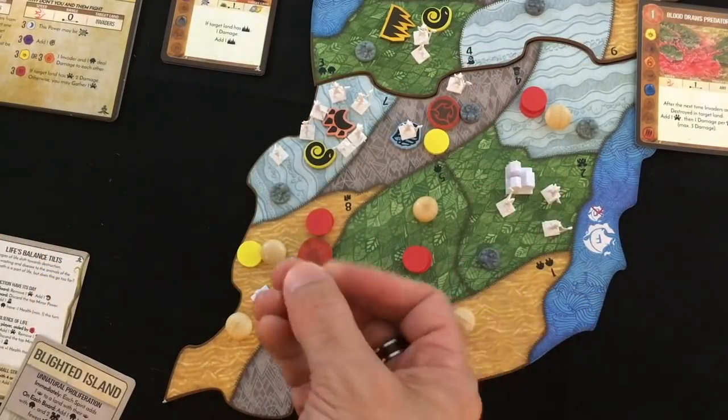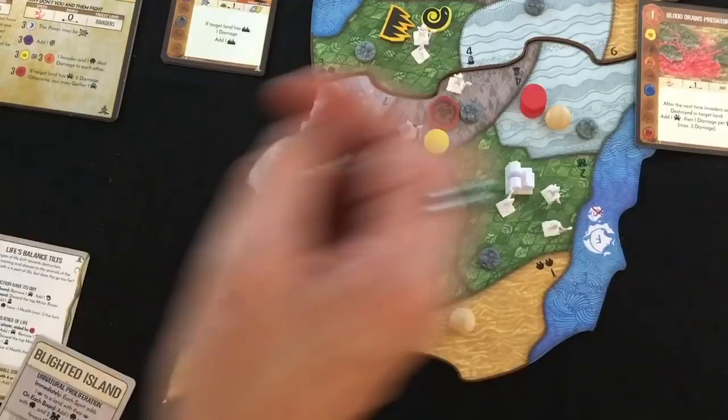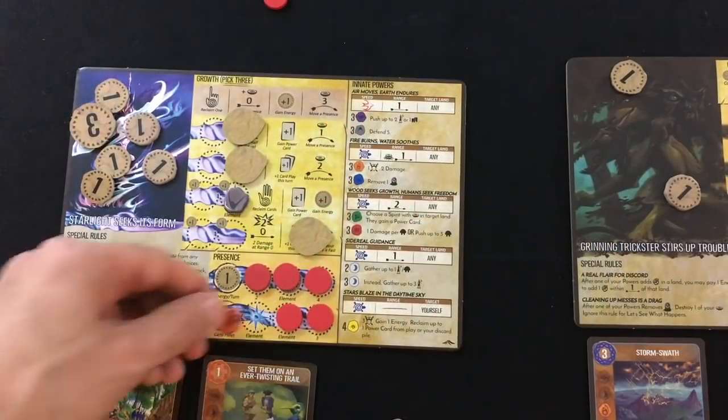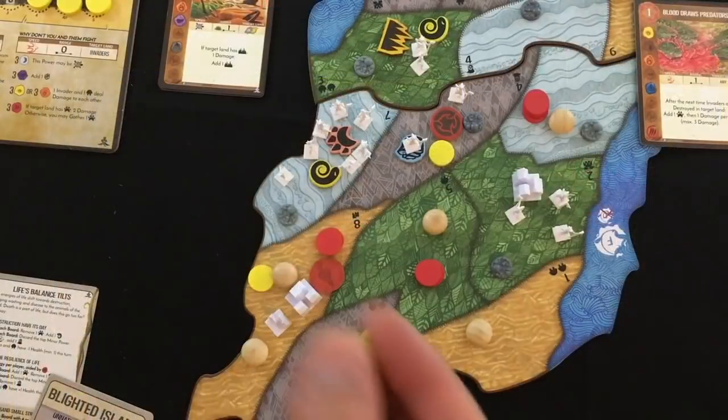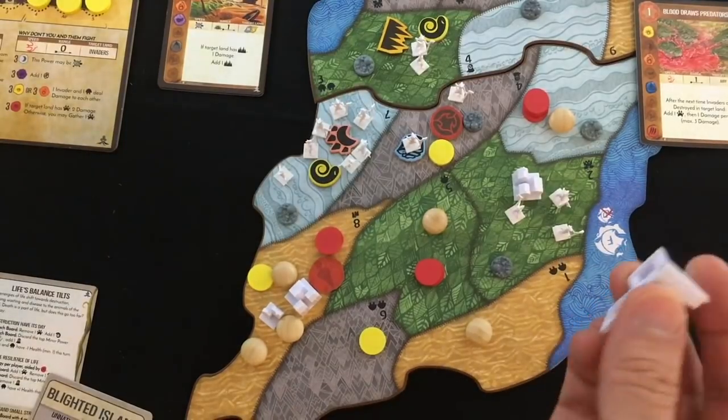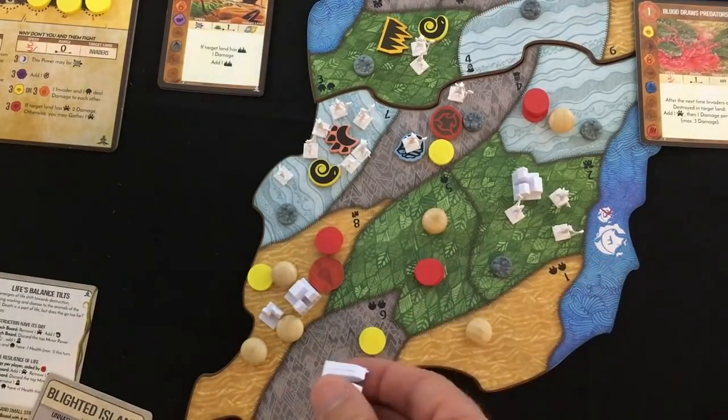Meanwhile, if Starlight Seeks Its Form, go ahead and add 1 there. That gets it another element every turn. Let's do red so we can do some Dahan attacks. Speaking of Dahan, hey, we can kill all these guys now. That's cool. Not to celebrate too much, because 2 cities are going...